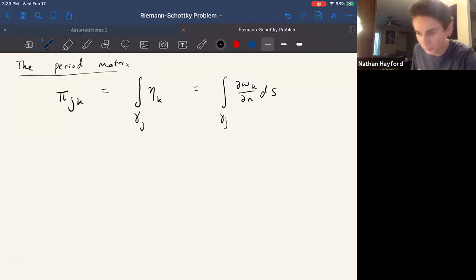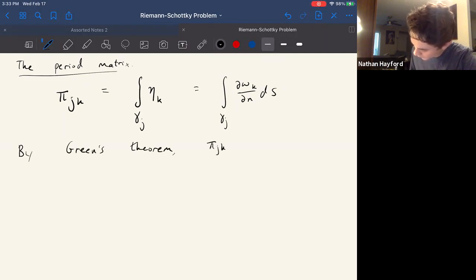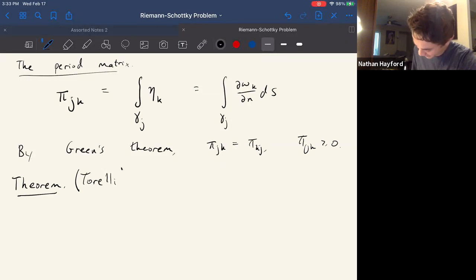So this matrix here is called the period matrix. And it has some easily verifiable properties. If you know Green's theorem, you can readily verify them. So by Green's theorem, pi jk is a symmetric matrix, and it's positive definite. Okay, cool. And the theorem that we were mentioning before, which is what is called Torelli's theorem, is that